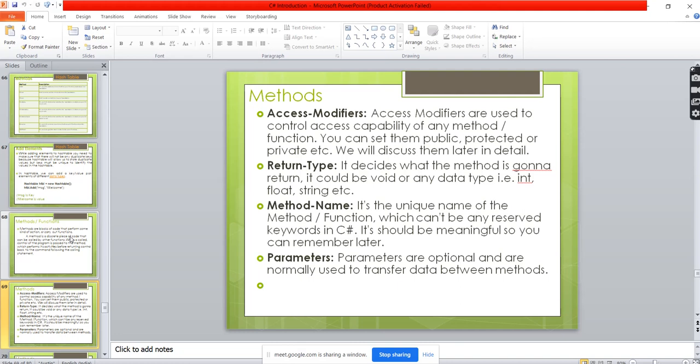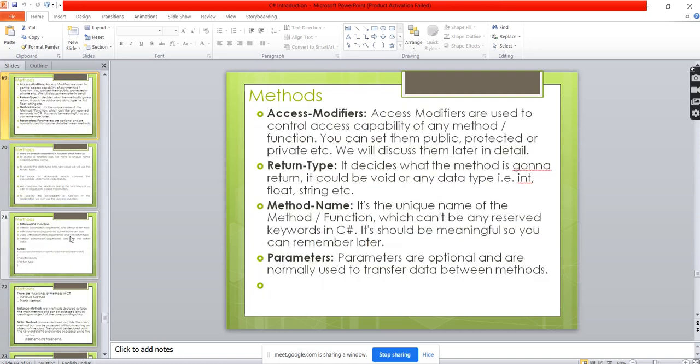Return type means what we are returning. If you're calling a method, what is the return type of the method? If you're returning a value, what data type is it? It is an integer, a data type, and that we have to mention in the return type. Method name is unique; you can keep any name related to your logic or your code, but you cannot use reserved keywords, which are predefined in the libraries, like integer, data types, or class name. Parameter is again optional. If you are sending a parameter to the method, we have to mention what parameters you are sending.